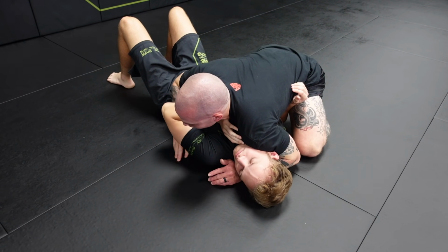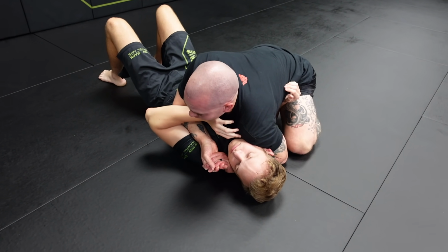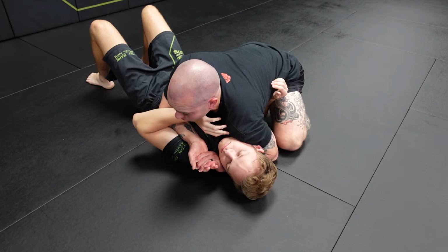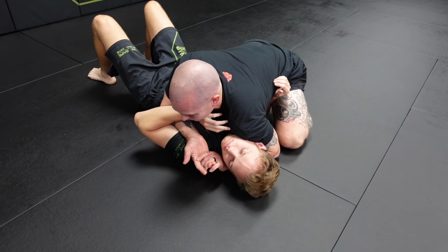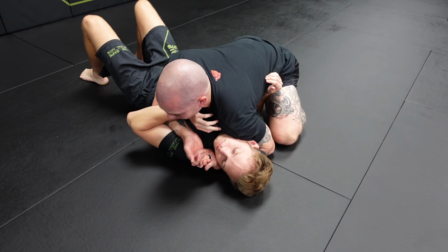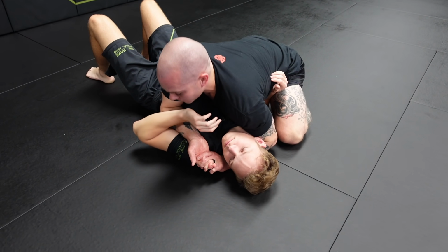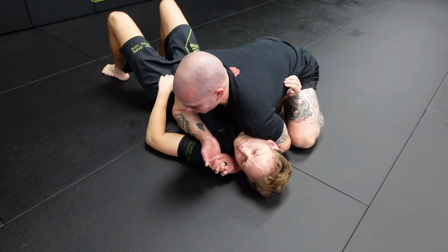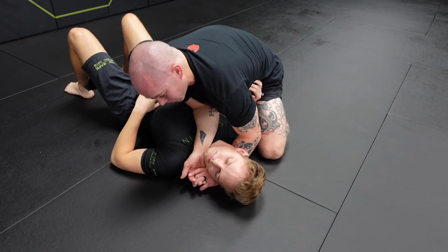This gives me the opportunity to shoot my hand across, and essentially all I'm looking to do is to lock my fingers together. Now, for me specifically, when I am doing the baseball choke, I might start with this grip. When I go to actually finish it, I'm going to switch to just like 2 or 3 fingers just so that I can get a little bit more of an angle with my elbows. Once I've locked my hands together, I'm going to relieve that shoulder pressure, and as I relieve that shoulder pressure, I'm bringing my other elbow right across so that now my elbows are together,